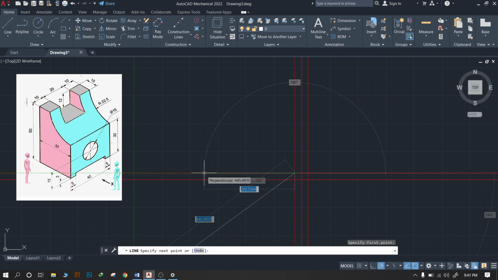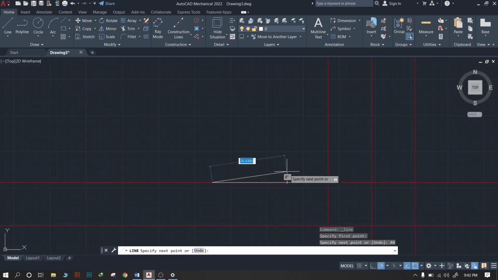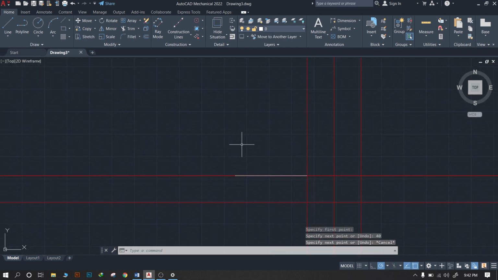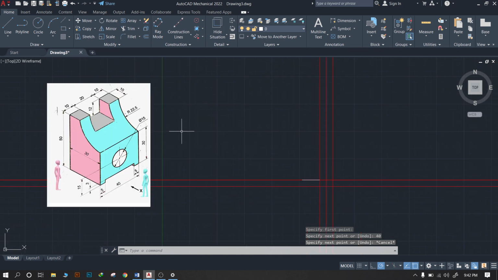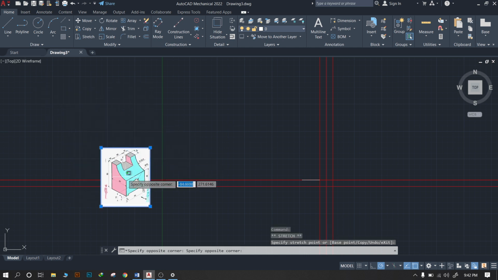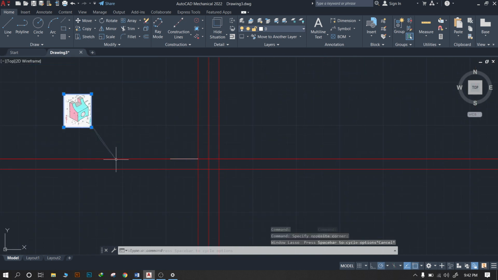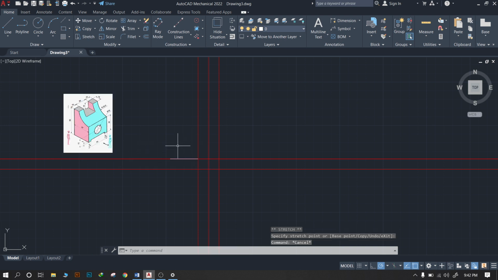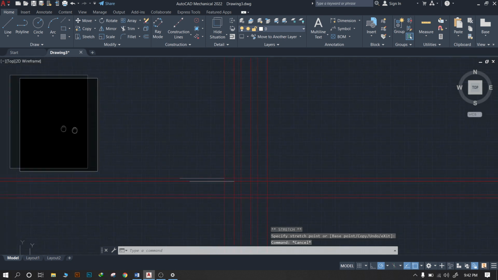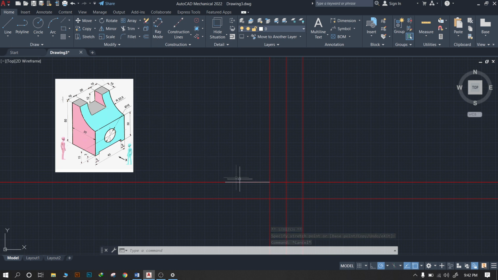Okay, so here we will mark the 40 mm line. As we see, the 40 mm unit is very small in dimension compared to this pictorial view. So we will shift that image nearer to the center point. Now it is okay. So we will take 40 mm at the bottom and 50 mm as the height.